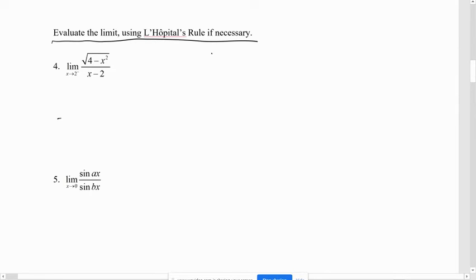Okay, so if I plug in 0, I'd get the sine of a times 0, which is the sine of 0, and the sine of 0 is 0. And same with the bottom, that would give me 0. And 0 over 0 is the indeterminate form, so we can use L'Hopital's here. So we'll do limit as x approaches 0, and